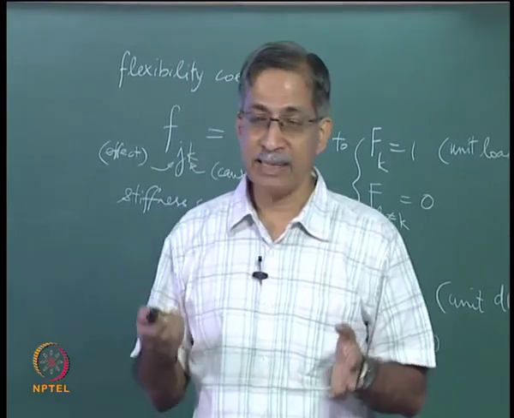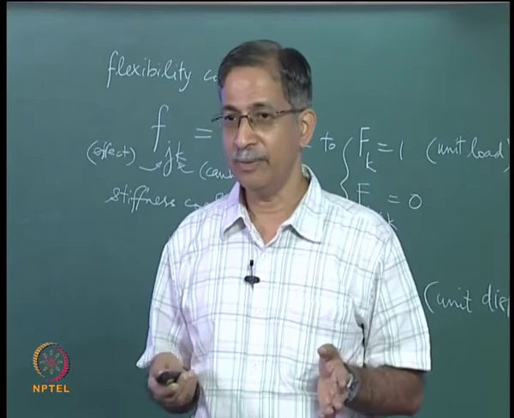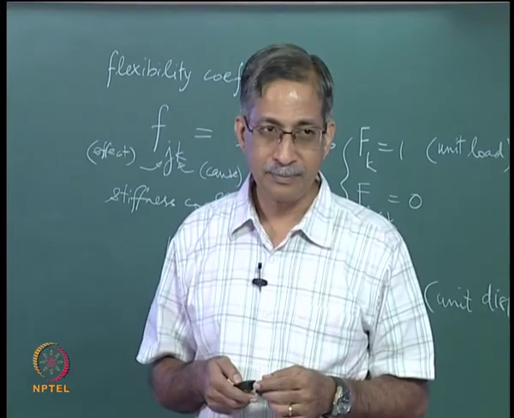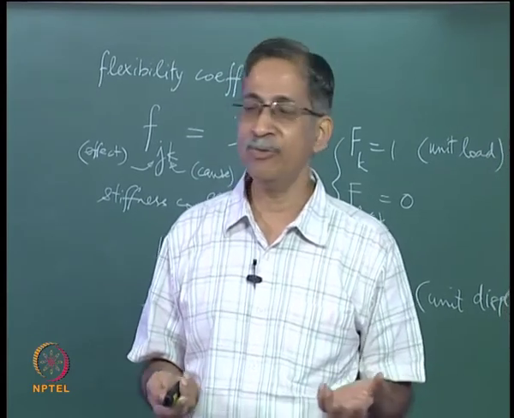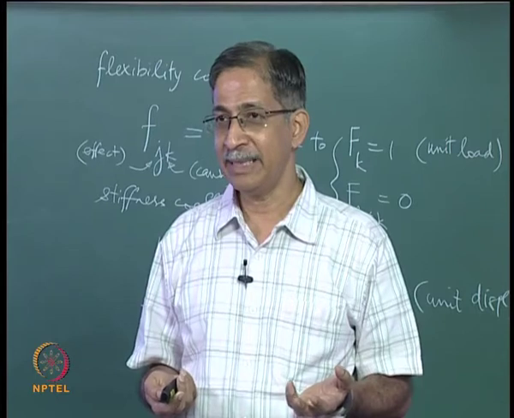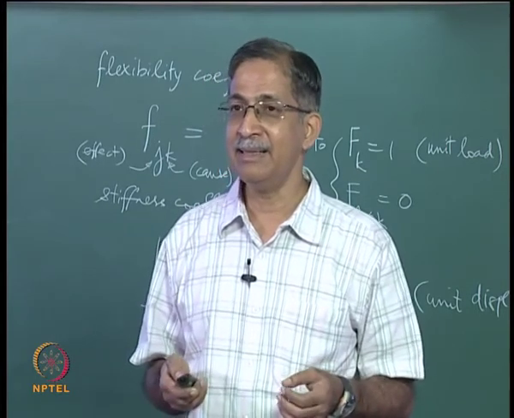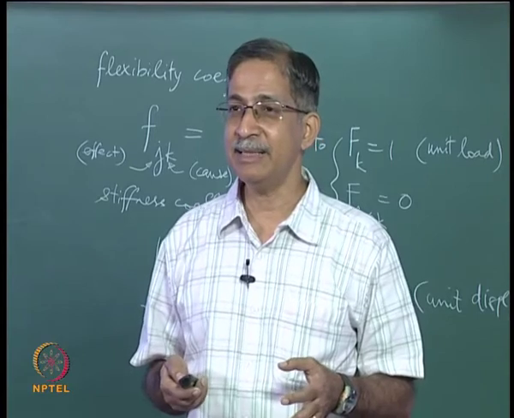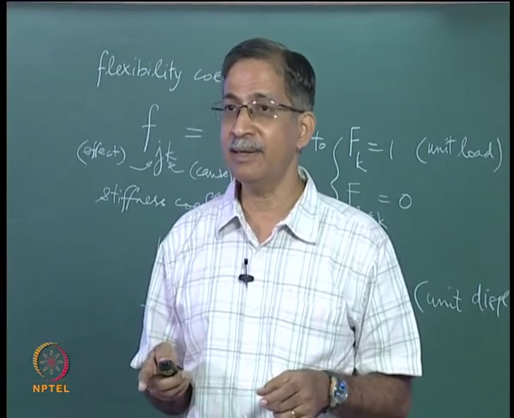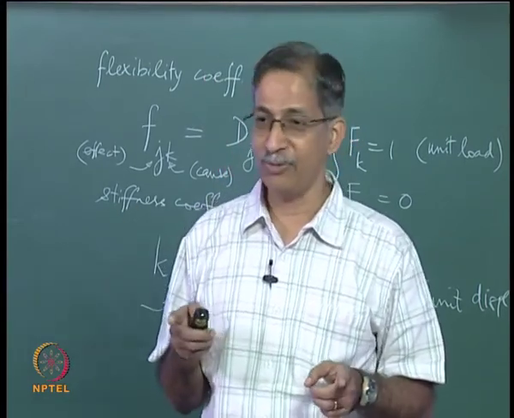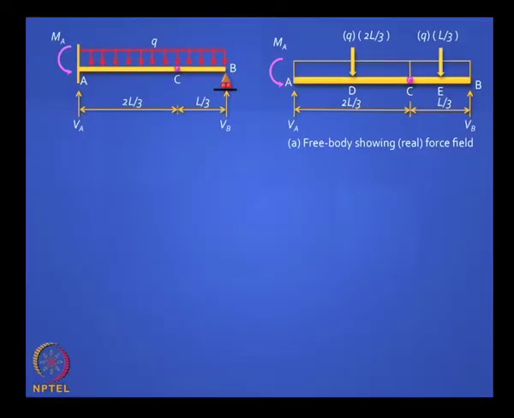The total internal work in such problems turns out to be 0. Why is it 0? Yeah, because since you have rigid body movements, you do not have internal deformations in those bars. So it is 0 because the internal displacements in the displacement field is 0, not because there are no internal forces in the real force field. Is it clear? And you invoke this, you can solve this problem easily. Okay, so let us demonstrate this with a problem where you have an internal hinge.